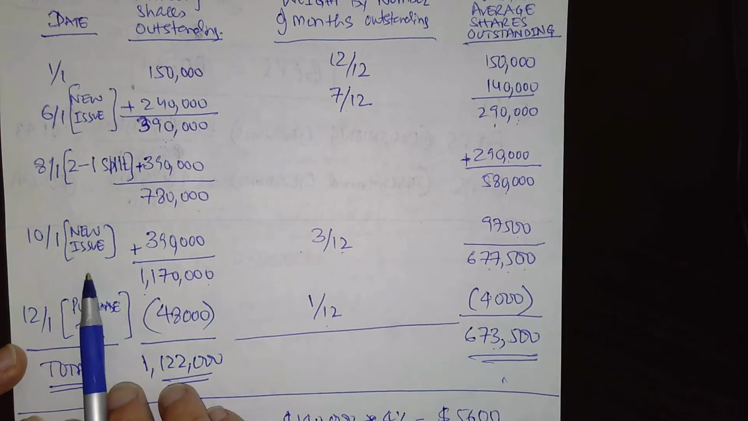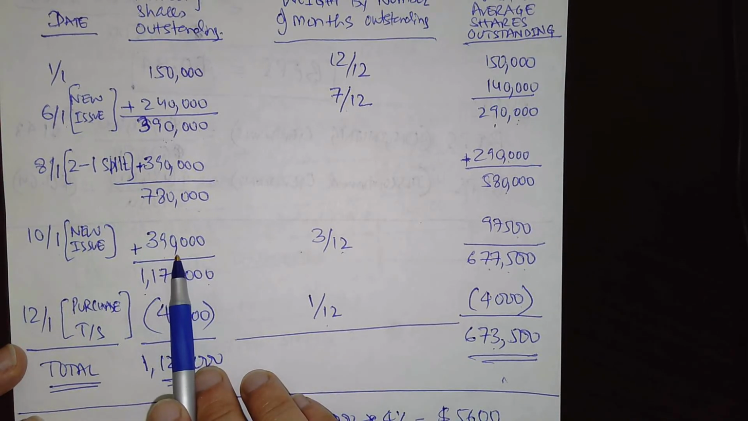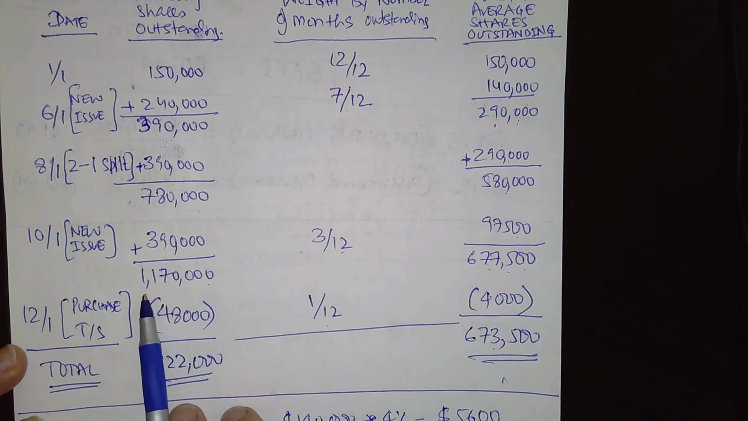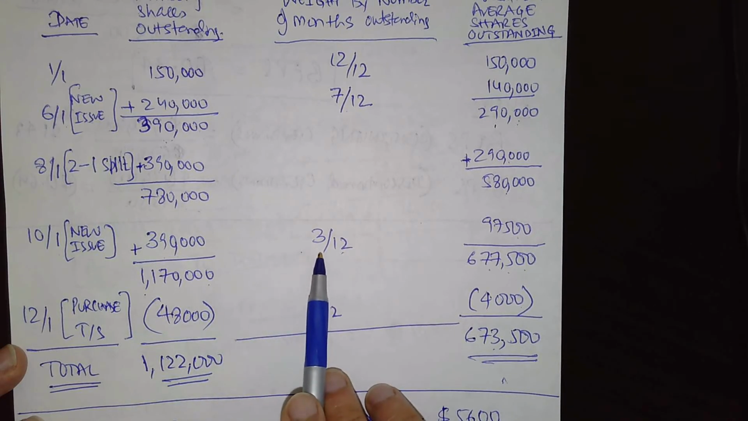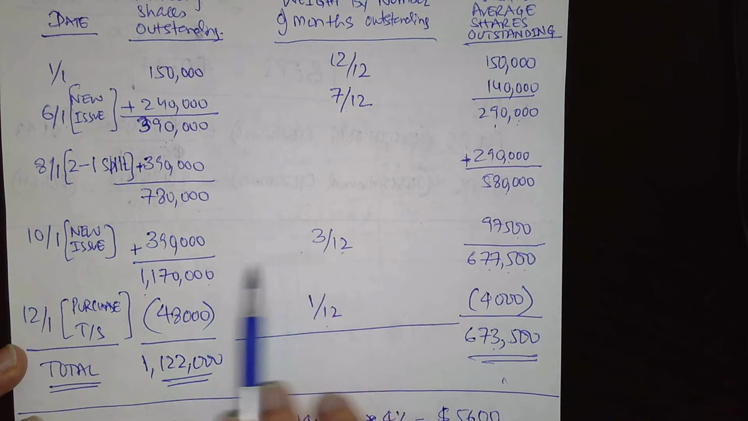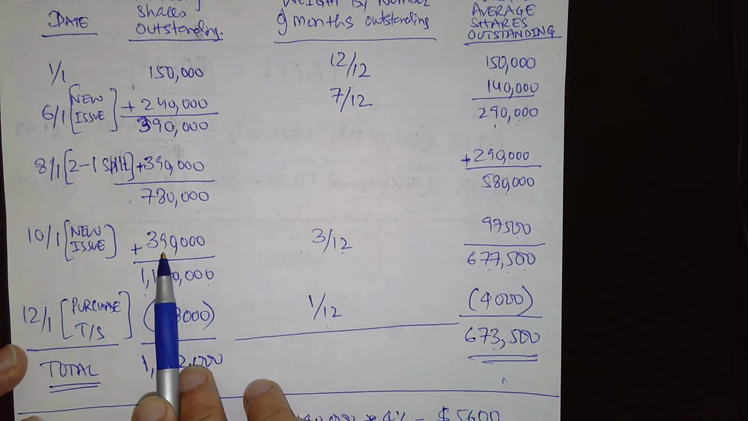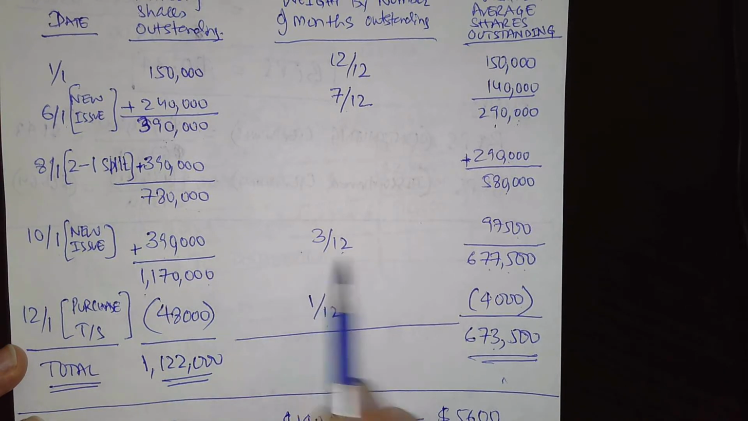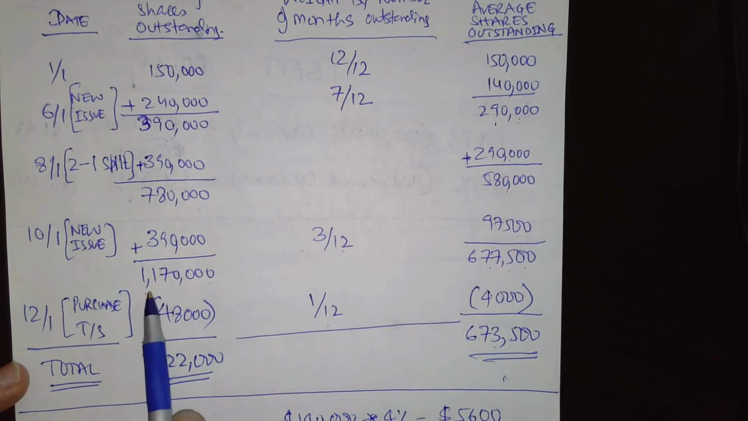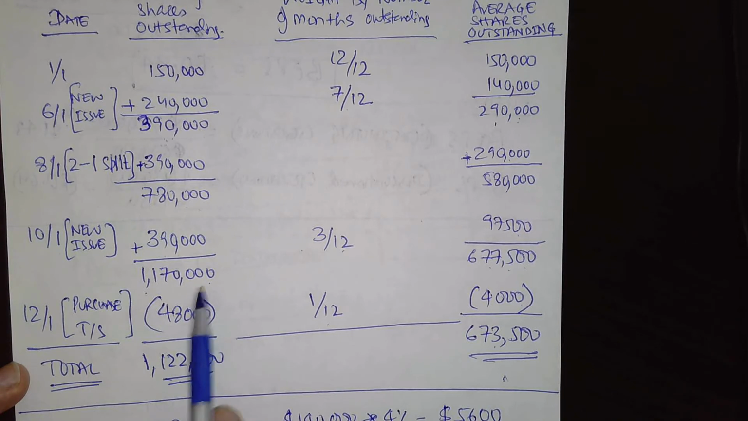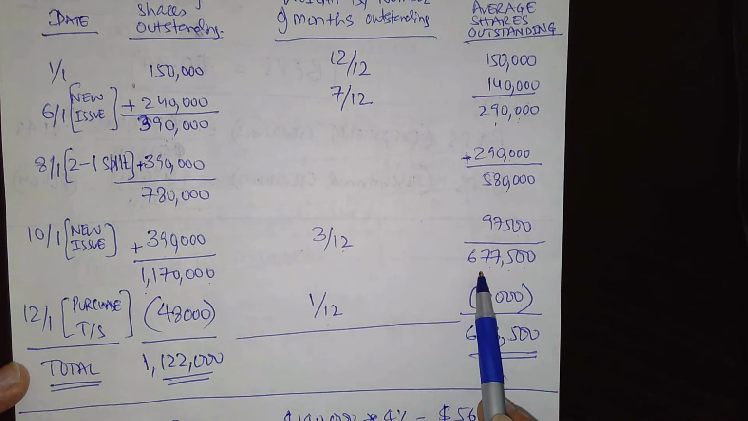On October 1st, we issue another 390,000 shares. So now we have 1,170,000 shares in the hands of the shareholders. But these shares were active only for 3 months during the year. So we have to multiply this 390,000 with 3 over 12. We get 97,500 as their weight. So we have 1,170,000 shares outstanding, but the number that we're going to use to calculate is